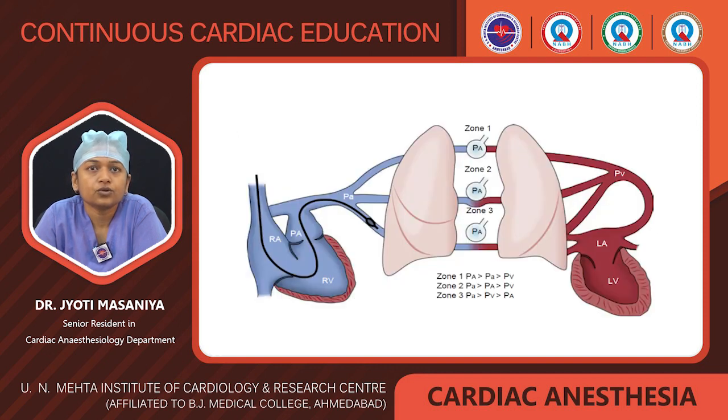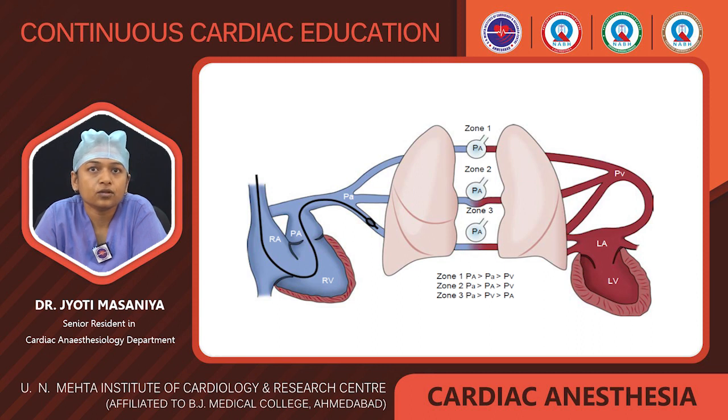So, if pulmonary artery occlusion pressure indirectly reflects the LV end-diastolic pressure, then when we inflate the balloon, the inflated balloon isolates the distal pulmonary artery orifice from the upstream pulmonary arterial pressure, and it forms a continuous static column of blood which connects the distal PA orifice to the pulmonary vein and LA junction. Thus, the pulmonary artery occlusion pressure reflects the LA pressure and the LV end-diastolic pressure. To accurately reflect the LA pressure and the LV end-diastolic pressure, the tip of the PA catheter should reside in West zone 3 of the lung.